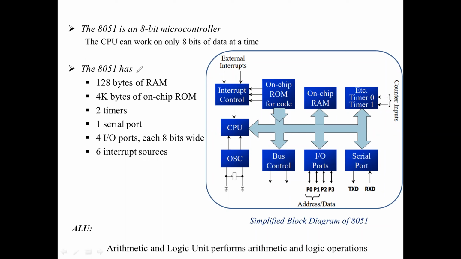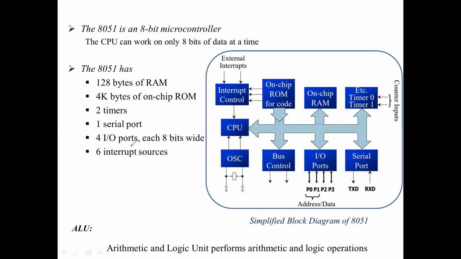More specifically, you should explain this portion of the architecture. In the architecture we have seen it has RAM. The size of the RAM inside the 8051 is 128 bytes. You must know that. Then the on-chip ROM has a size of 4K, so you can store your application codes up to 4K. It will accept only 4K bytes of code. Otherwise, you have to go for an external ROM.